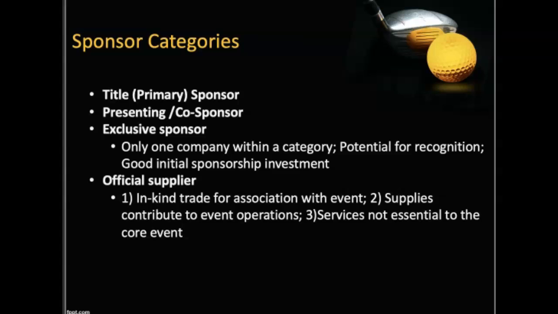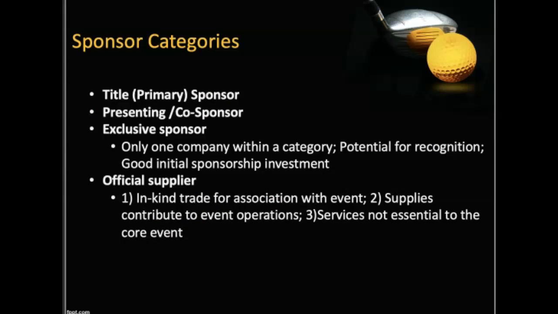So this is an official supplier. Another example is if you go and buy tickets, right? You may be able to buy a ticket from a lot of different stores. They're all official suppliers, but they don't have exclusive rights. Merchandise product is the same. We have the event, and we want to sell the merchandise product. You can buy it from an official store. You can also buy it from other stores, and those are also official suppliers. Okay, so those are